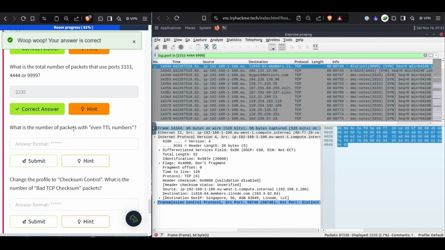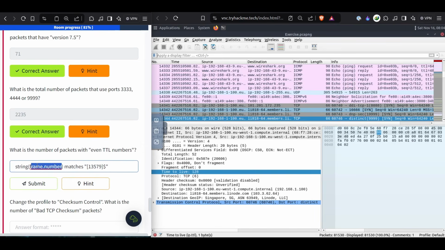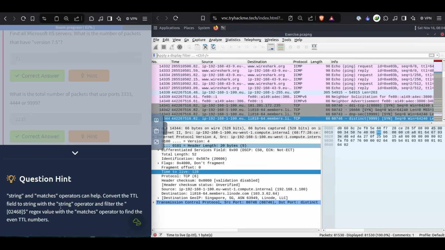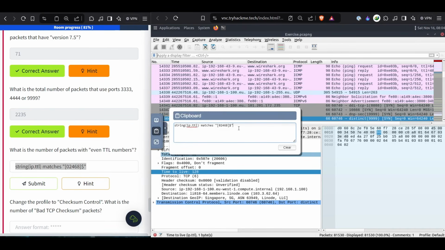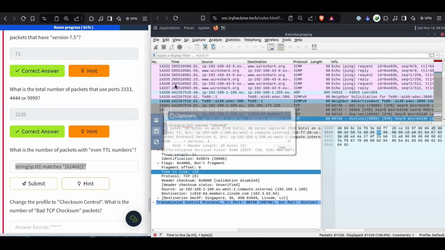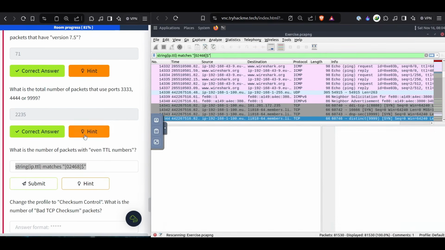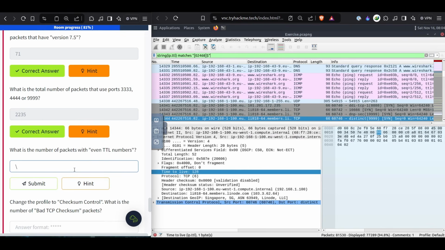What is the number of packets with even TTL numbers? I'm gonna use the IP.ttl. I'm gonna go here, copy this, replace it. I'm gonna search. The answer is